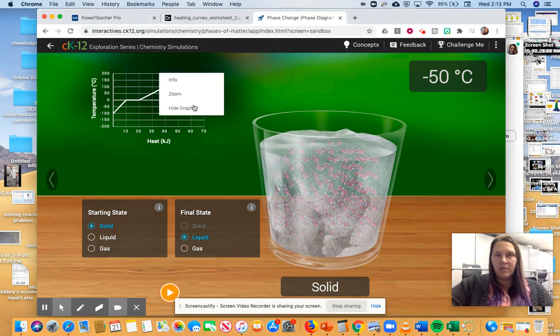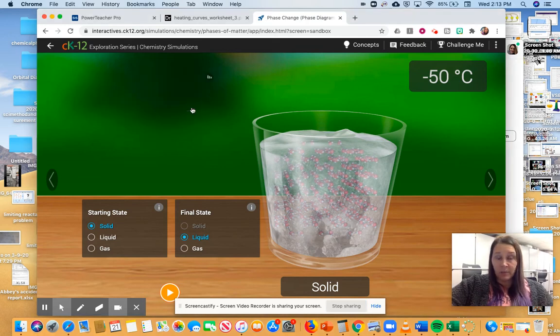So we have talked about phase diagrams, but the phase diagrams take into consideration if we change pressure. And so what we consider normal is 1 atm. And so 1 atmosphere, 1 atm, is considered normal pressure. And that's the equivalent to 760 millimeters of mercury, 14.7 psi, which is pounds per square inch, 101.3 kilopascals, all those